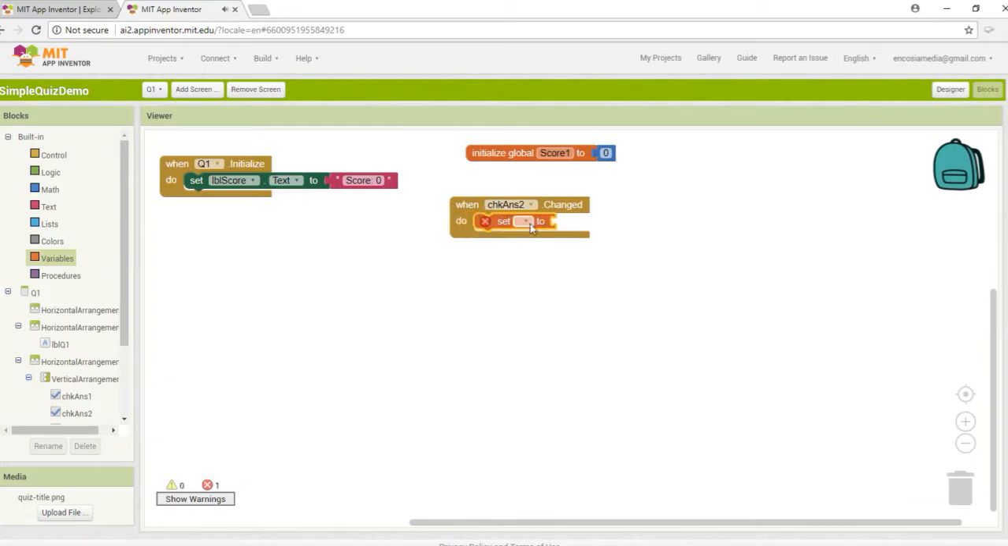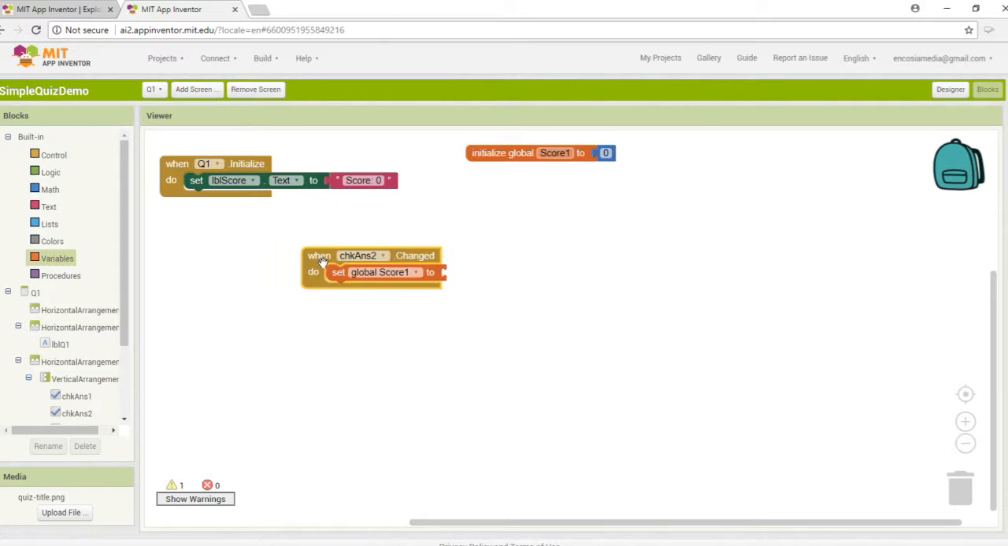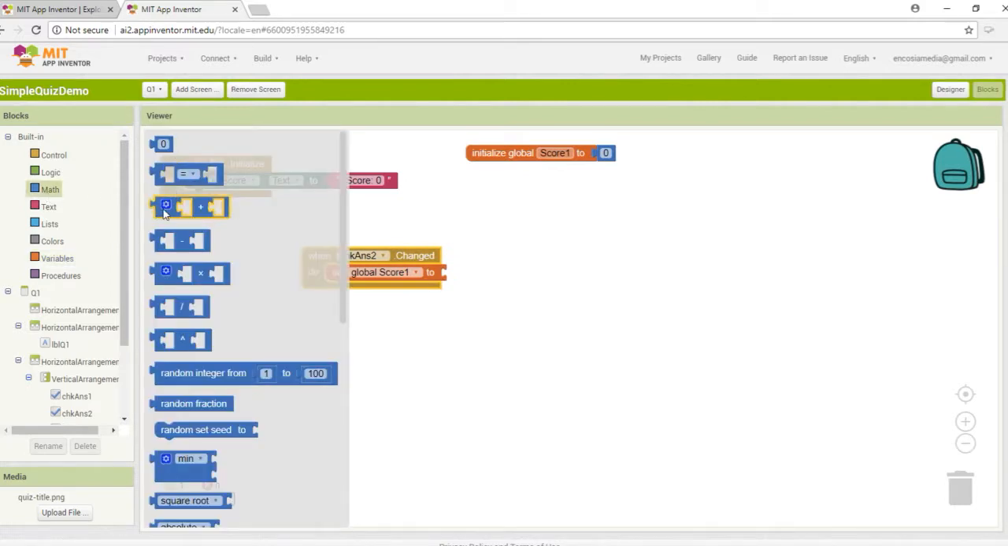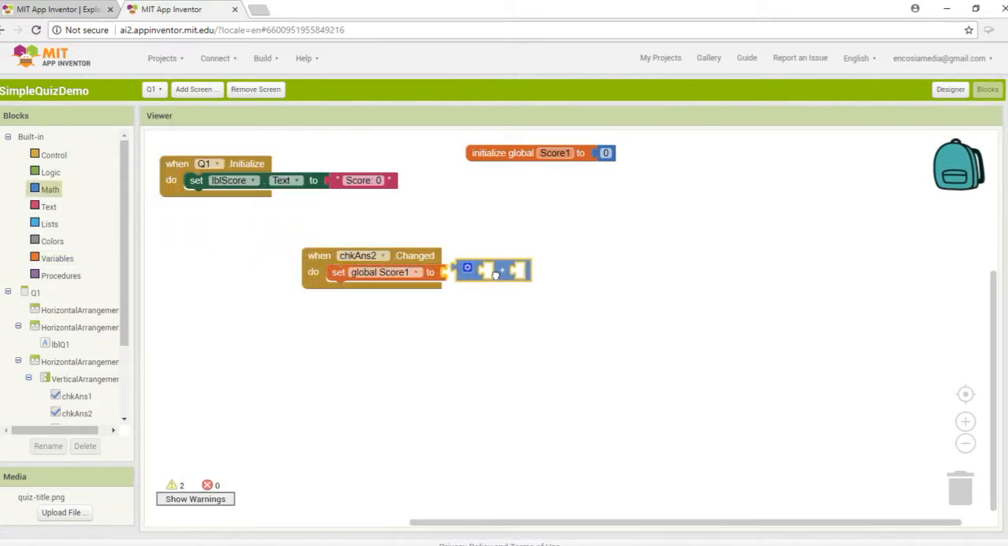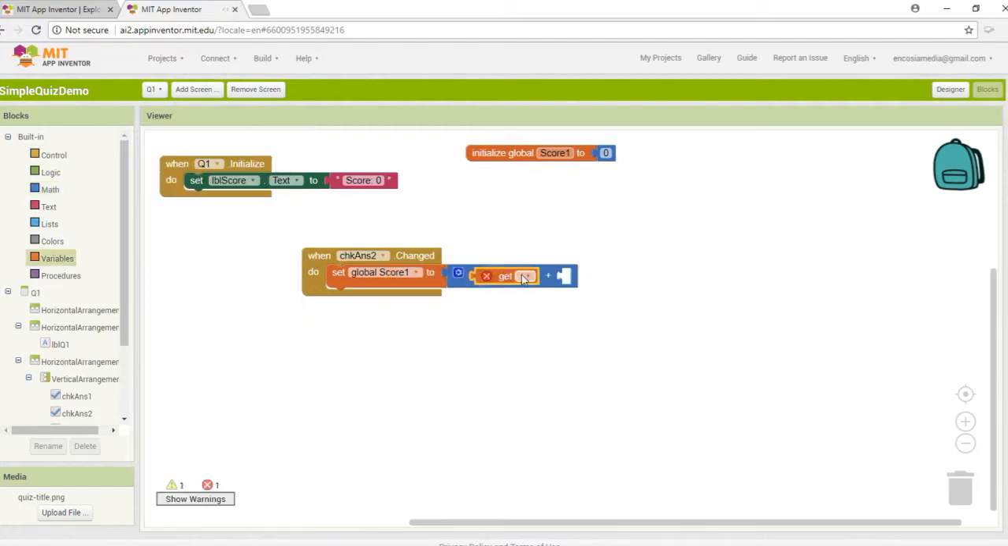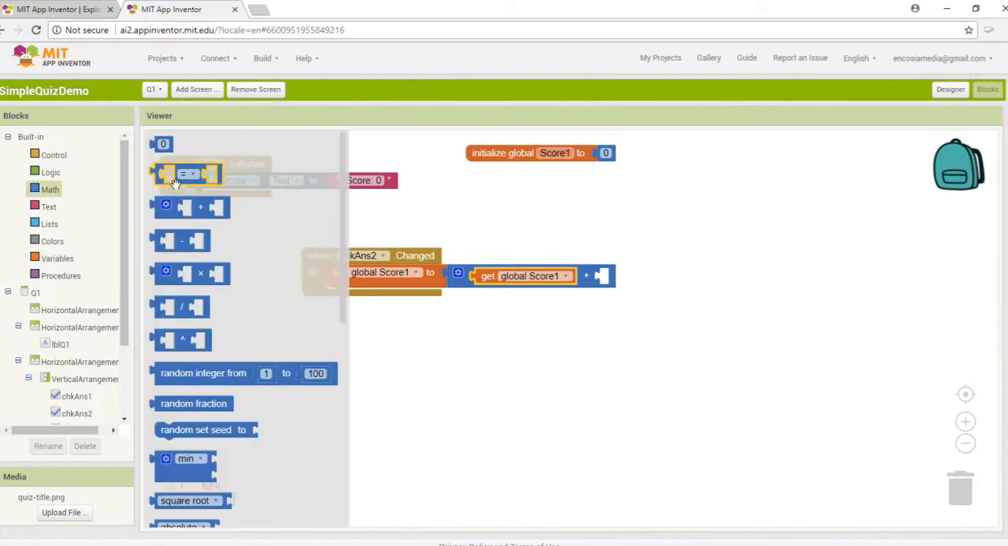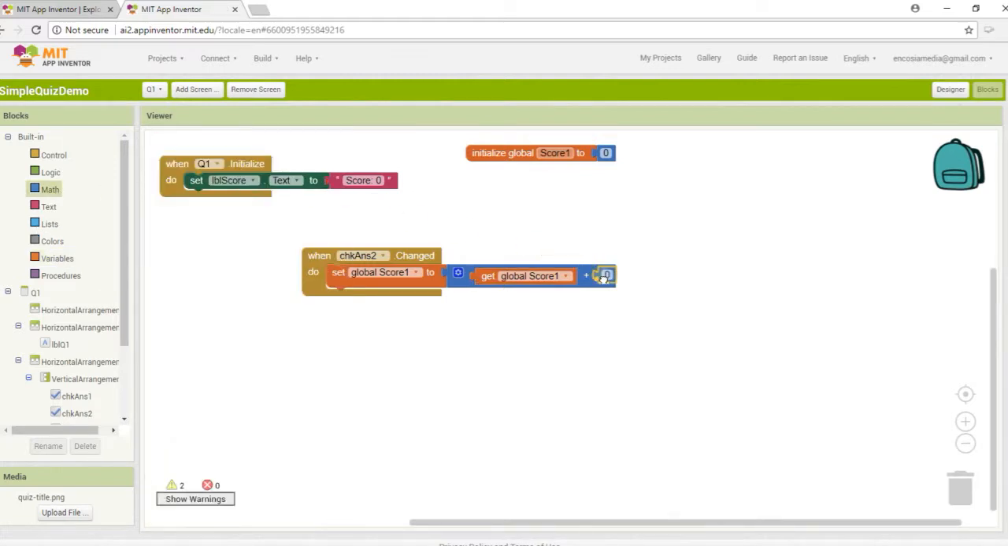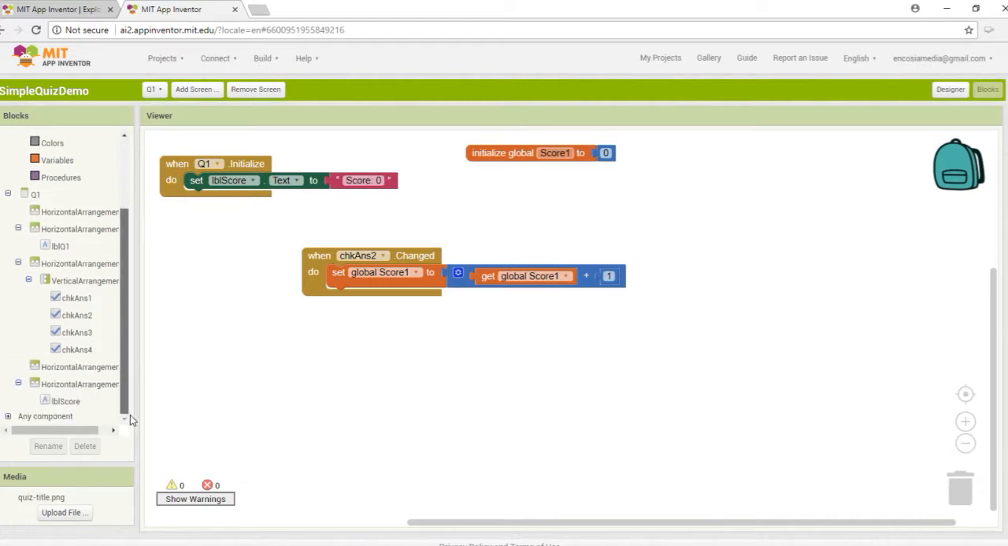set the variable score 1, and I want to set that variable to a plus. So I'm going to use 2 pluses here, and the first one is to get the variable, which is going to be 0, and it's going to be plus 1. So when I click, it's going to add 1 to the global variable, and I'm going to put that value into